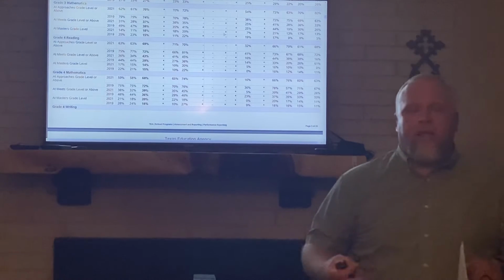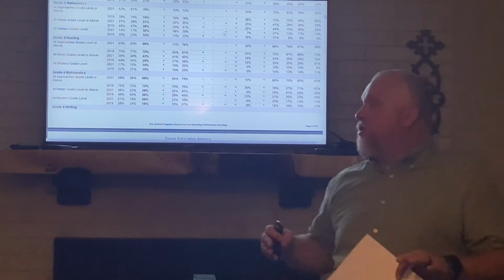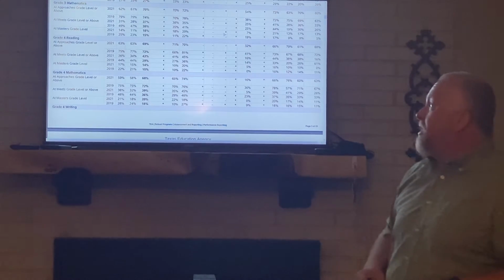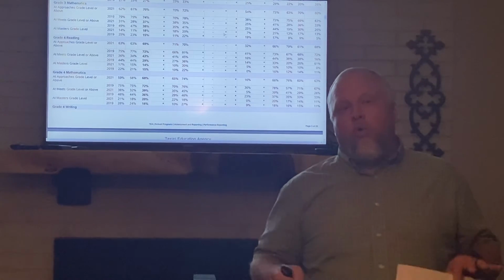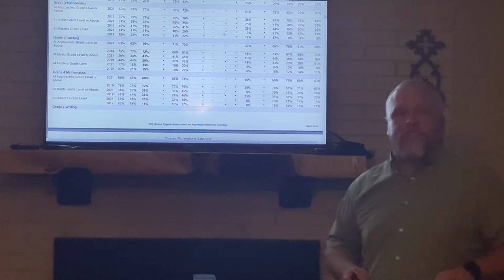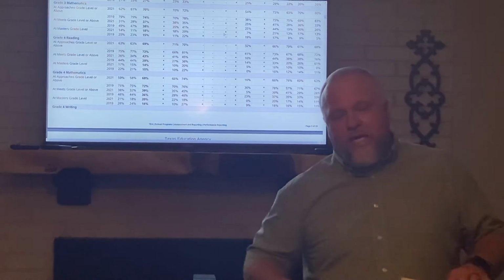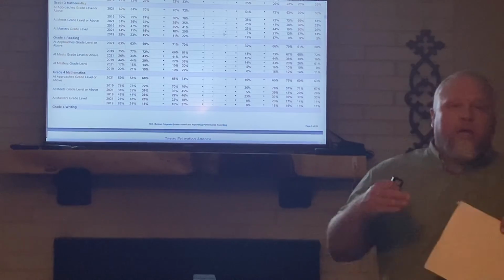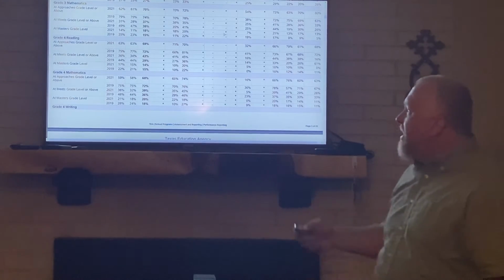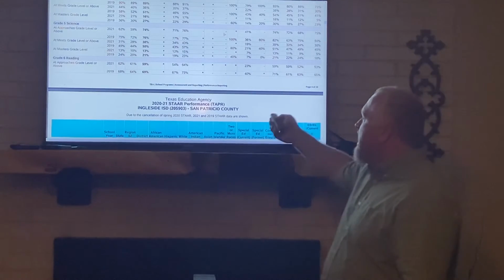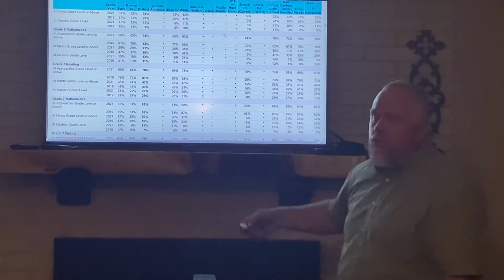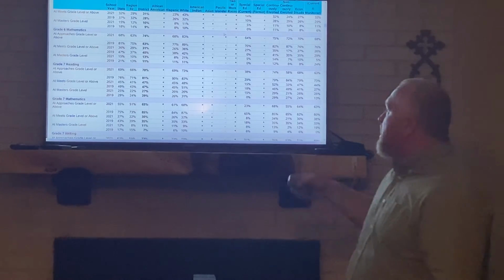Of course, in the academic setting, we're looking for those students that meet and master, which is great, but where we really want to focus our attention is the students that approach or need improvement, or did not approach. Those are the groups we're really going to dive in and focus on during the next school year so that we can get them to meets, hopefully close those gaps, and then eventually get them into the masters category. So you have all your different grade levels, your different tests, and all this data across the top. I'm just going to scroll through and you can see how our students did in Ingleside compared to the region and to the state.